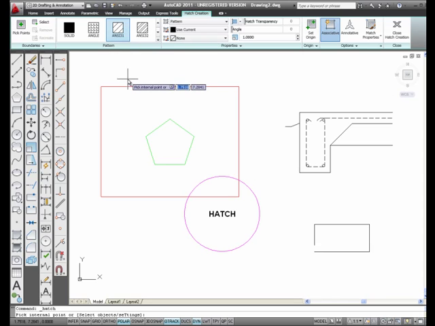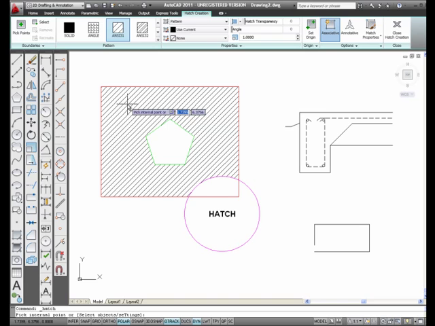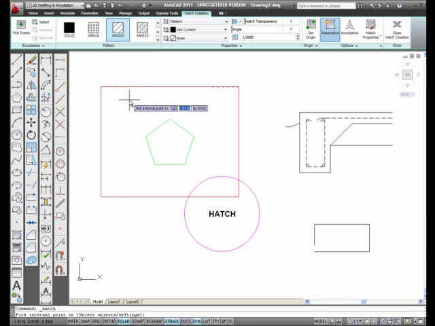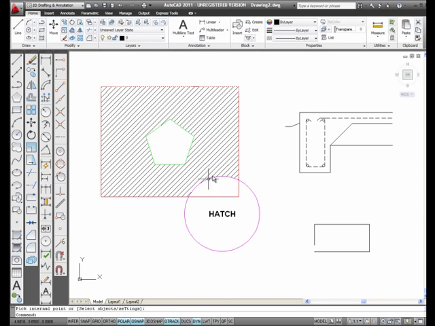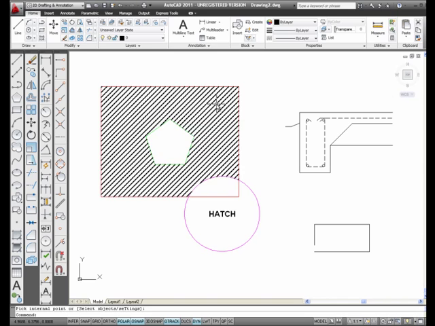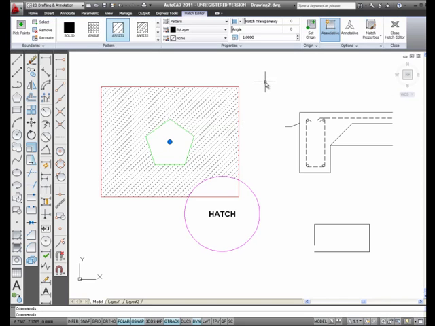Now, I'm going to take my cursor and move inside this rectangle. I didn't pick. All it is doing is showing me a preview of what the hatch pattern will look like if I select it. So I'm going to pick. It has determined the boundary for my hatch, and I press enter to keep it, and there is my hatch pattern. Now, I'm going to erase it so that you can see